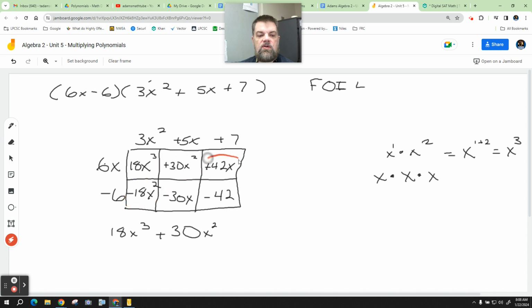And then I want to group the x to the first power with the x to the first power. So I'm going to write down plus 30x squared minus 18x squared. And then the next thing I'm going to write down is 42x minus 30x